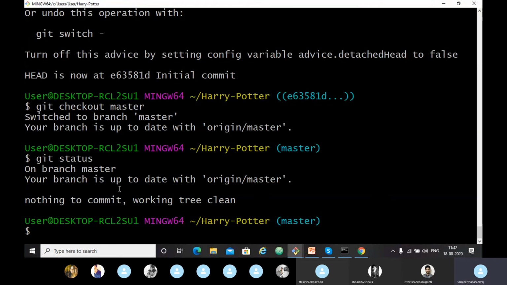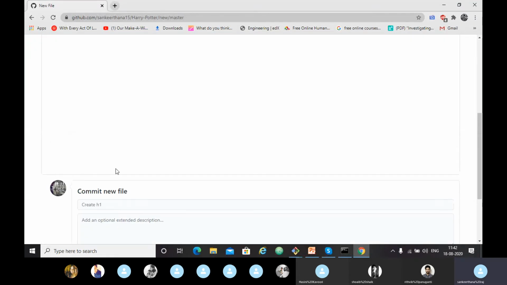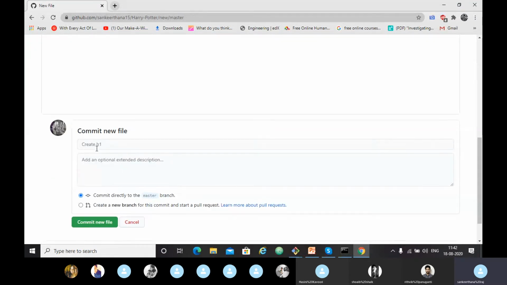Now I will create a new file. To create a new file, you have to click on add file, create new file. I'll just type here h1. Here you will get the initialized message and you just need to click commit new file.